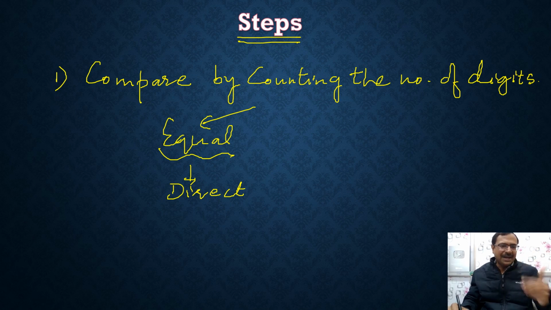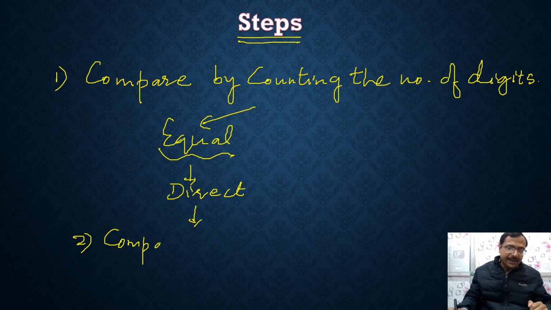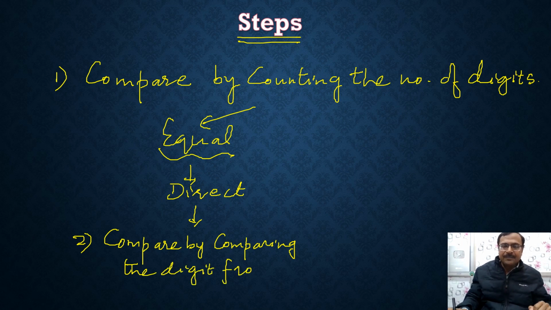Little bit of, you can say it direct. If they are equal, like 4 digit, 4 digit, 4 digit, 4 digit, we have a direct method. And that direct method is actually the second part of the steps. That is to compare by comparing the digits from the left. From the left. So you have to follow the method, the second step, only when there are equal number of